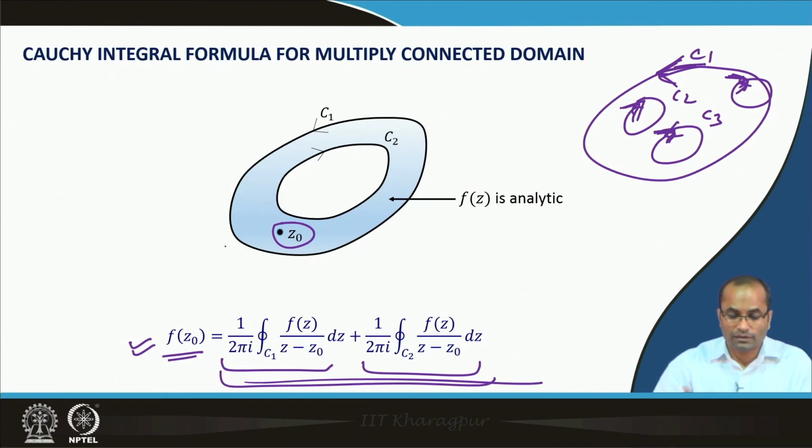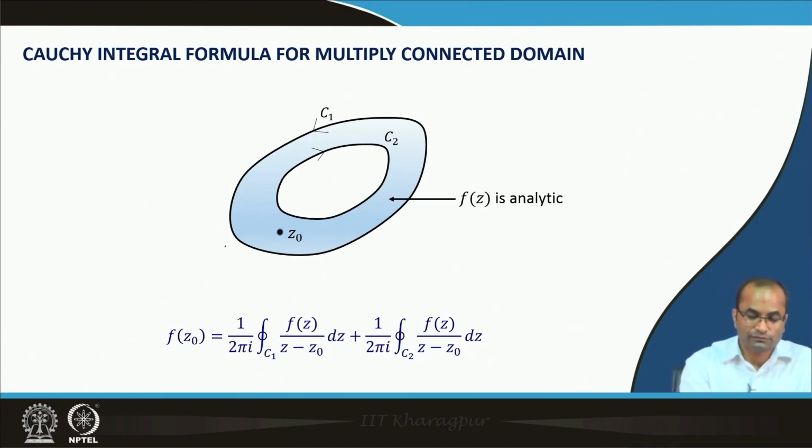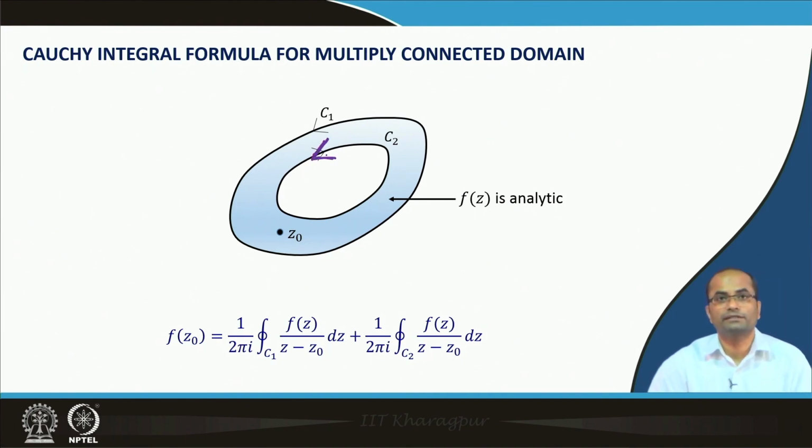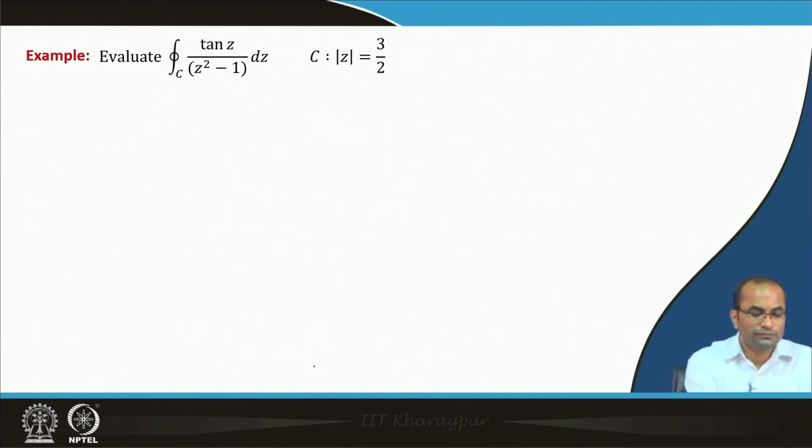Having this, I should make one more remark: what will happen if we take this also in the anti-clockwise direction? If we take C2 in the anti-clockwise direction, then this plus sign will become a minus sign, and we will have f(z0) equal to this, minus 1 over 2 pi i, integral over C2. So, that is also possible. If we are taking it in the clockwise direction, these two will be added, otherwise we can also subtract these results. Okay, well, so we can now move on to the evaluation.